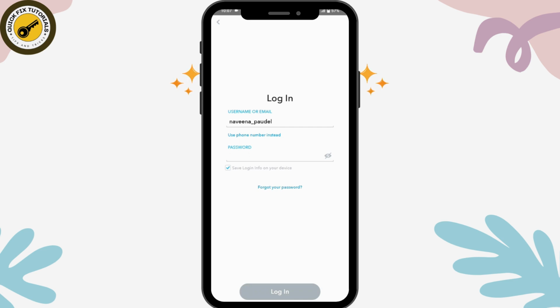or recover your password. And once you've done that, your password will be changed, and you can simply tap on save login info on your device, which is here on this box. And once you've changed your password, your suspicious login attempt will be fixed because once you change your password, your problem will be fixed. So that's how you can fix your suspicious login attempt on